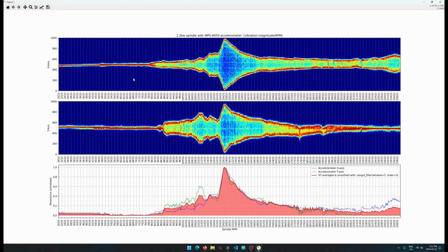So the top here is the x-axis, and these two right here are basically taking the raw data and just plotting it into a NumPy grid space, like a two-dimensional image. And then what I do after that is I normalize the values for every RPM step, and I normalize them in the vertical, so that way we can get this nice color transition